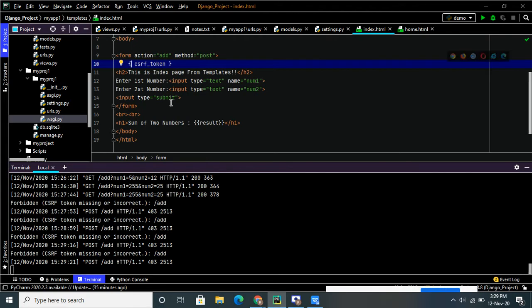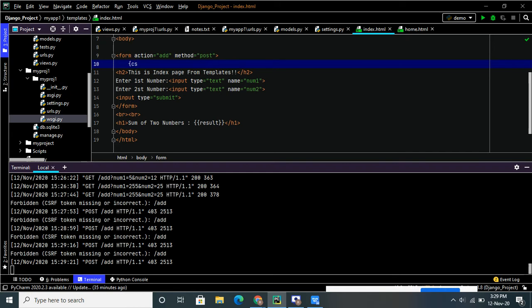Just a minute. I think it is the CSRF token. We have to use CSRF; let me check the spelling.